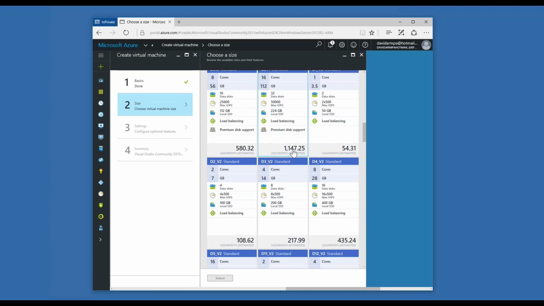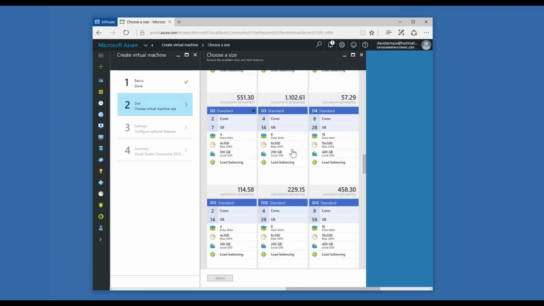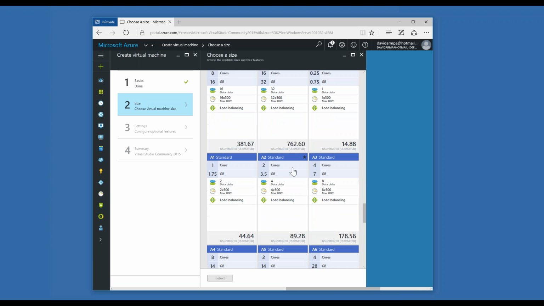You can commit to spending $1,100 a month if you wanted to, but it's more reasonable to find something in the A2 standard. This is pretty much what I configured to start with, and you can move up from there. The good news is, if you make a choice like this, you're not bound to it. So we'll select that.